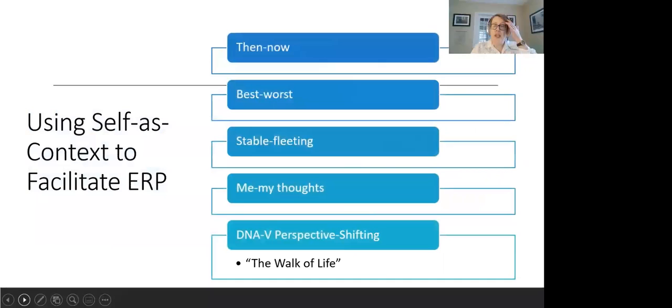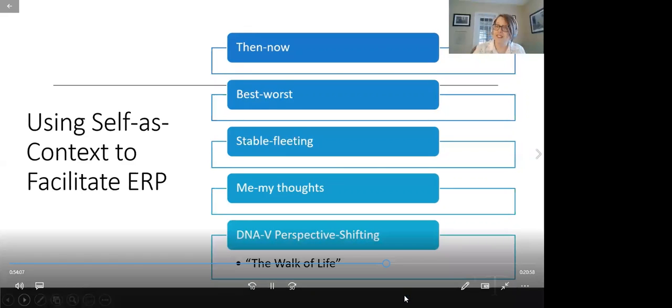Here are some little tricks you can use to facilitate ERP when you're working with someone and they're stuck. One of the cool things about being flexible is you can use your imagination. So if I'm really frightened of something right now, I might imagine, what would me 10 years from now, who totally kicked ass with this exposure, tell me to do right now, right? And so you're kind of creating this imaginary self that can give you advice from the future, which is a kind of cool thing.